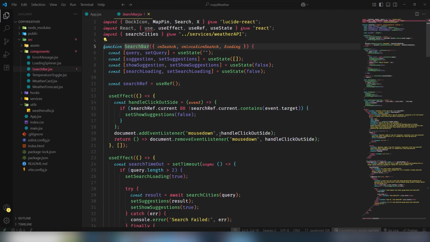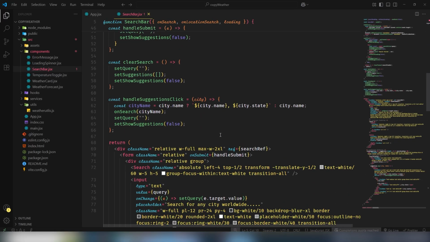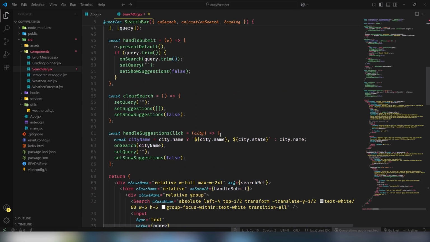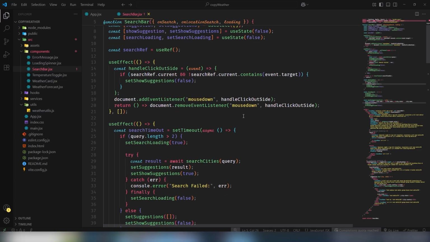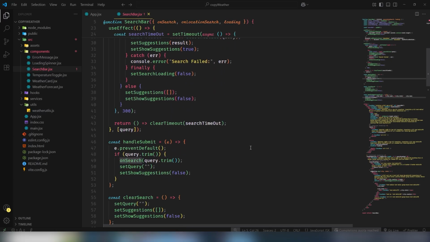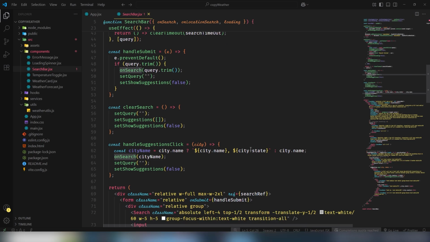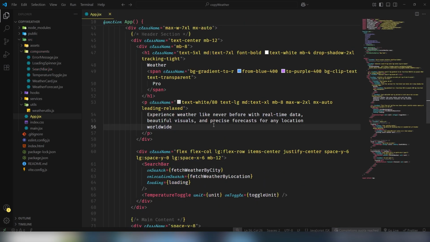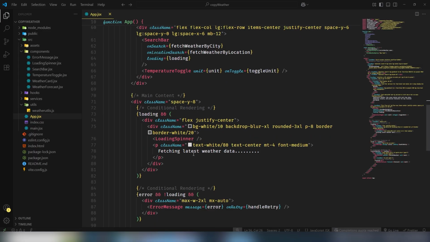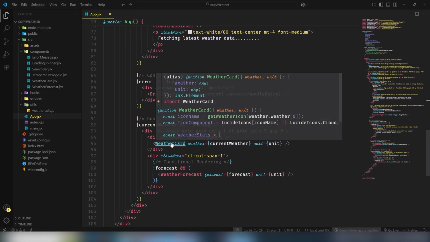I open the search bar and in the search bar I have on search, on loading, and where is the, give me a second. I need to display the, not there. I'm going to show you what is,